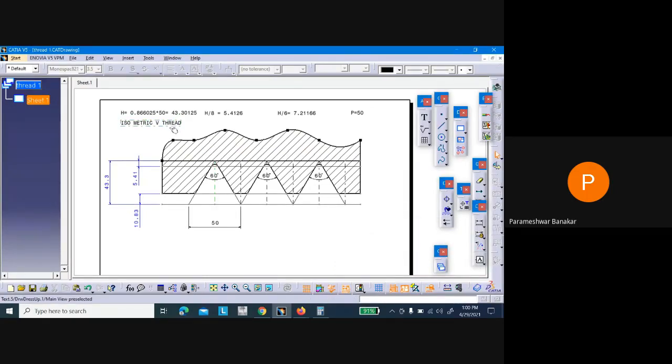You can see this. V means V shape. Here it has got a V shape, so we are supposed to construct this. And remember, while doing this isometric V thread, the angle between the flanks or the edges is given as 60 degrees. This is standard, you are supposed to remember the angle. The angle between two different flanks is 60 degrees in an isometric V thread.